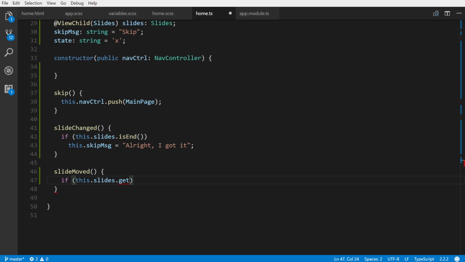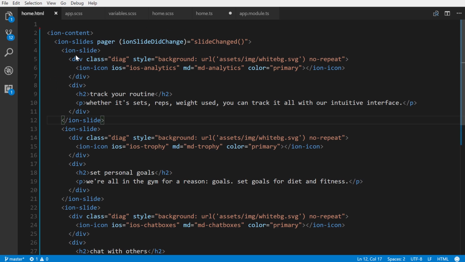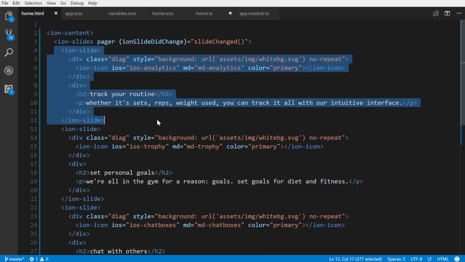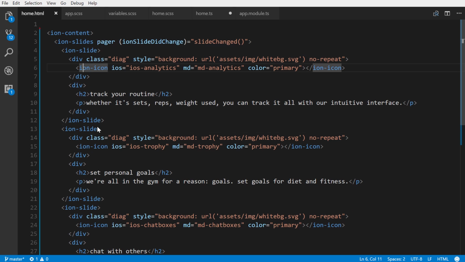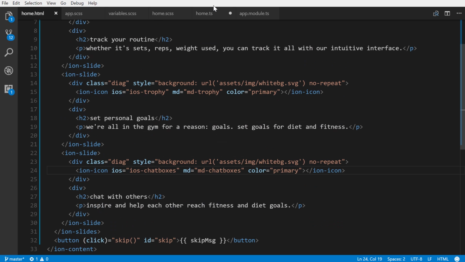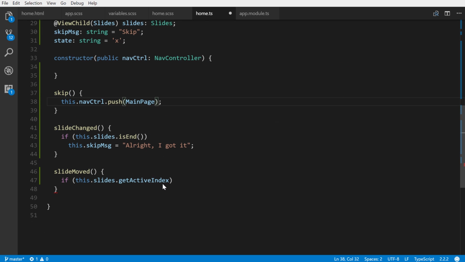So we used isEnd already, but there's also another one called getActiveIndex. Each one of these slides that's defined in our HTML, like this ion-slide right here, has an index, and it starts at 0. So this is 0, 1, and 2. All right, so we want to get which slide they're currently at, and then we're going to compare it, and we're going to say if it's greater than or equal to